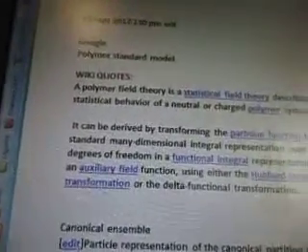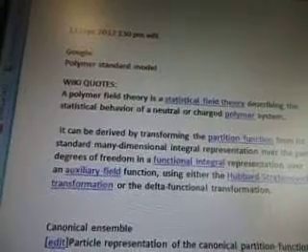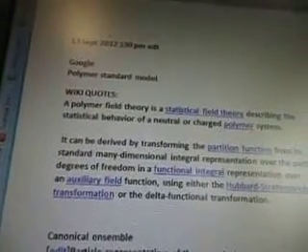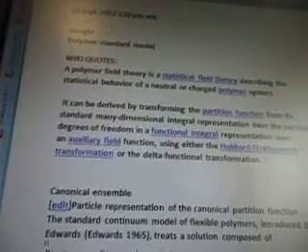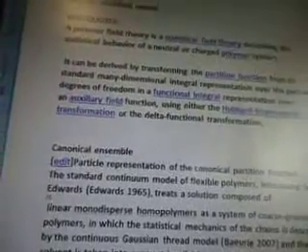So Wiki quotes, a polymer field theory is a statistical field theory describing, so it's a statistical field. So it's just a theory. Okay. Describing the statistical behavior of a neutral or charged polymer system. It can be derived by transforming the partition function from its standard many-dimensional integral representation over the particle degrees of freedom into a functional integral representation over an auxiliary field function, using either the Hubbard-Stratonovich transformation or the delta functional transformation. A canonical ensemble is a particle representation of the canonical partition function,